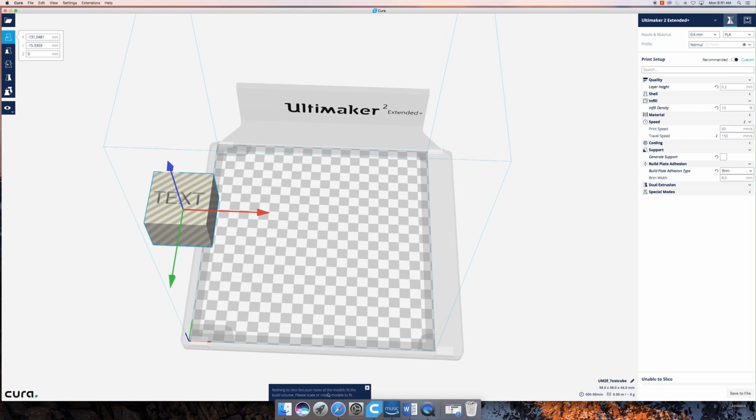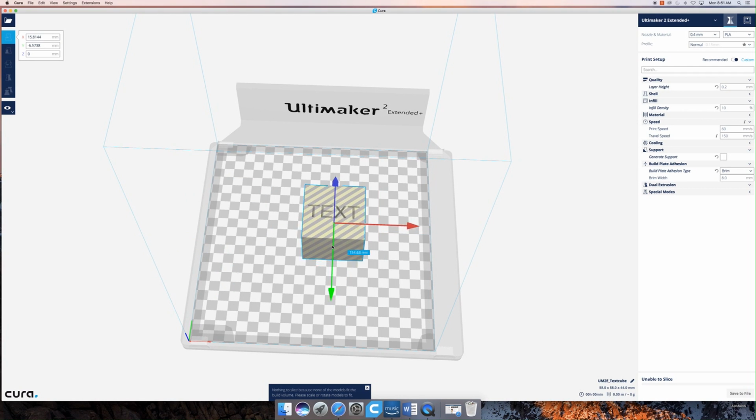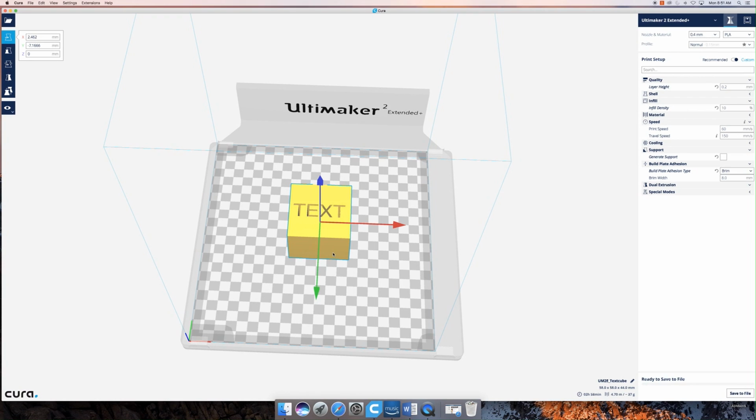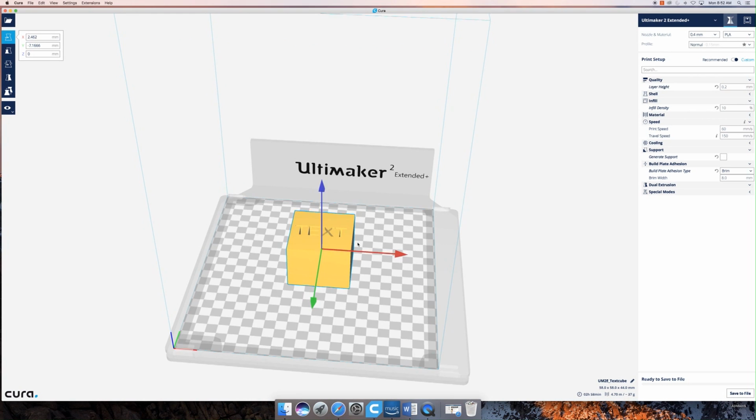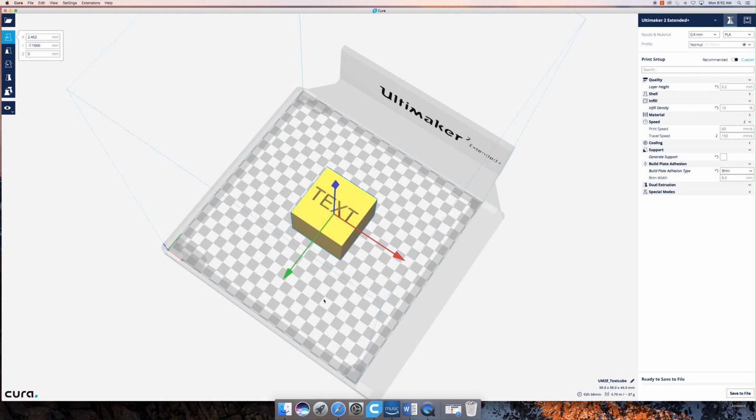Otherwise, as you can see, nothing to slice because none of the models fit the build volume. Please scale or rotate models to fit. So it has to be on this area in order to adjust the size, adjust the settings. So if you have something that exceeds this build plate size, you might be in a little bit of trouble. You'll have to rotate it or scale it down. Going back to the move though,